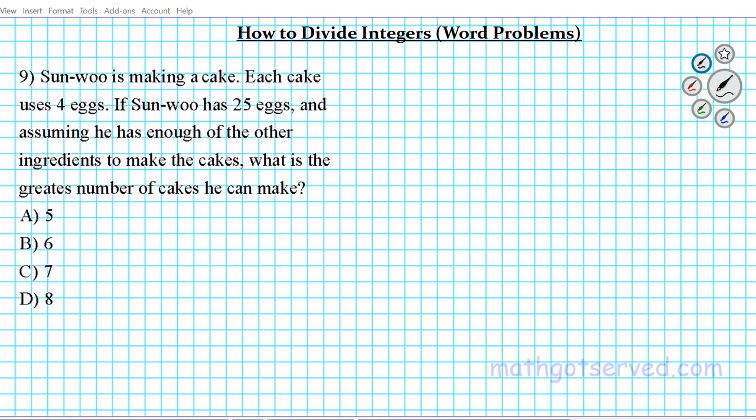Alrighty, let's take a look at question number 9. On question 9, we've been assessed on how to divide integers presented in a word problem setting. Okay, problem 9 reads, Sonny Wu is making a cake. Each cake uses 4 eggs. If Sonny Wu has 25 eggs, and assuming he has enough of the other ingredients to make the cakes, what is the greatest number of cakes he can make? Okay, so